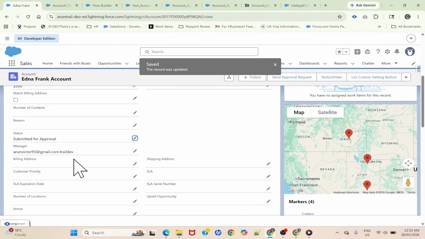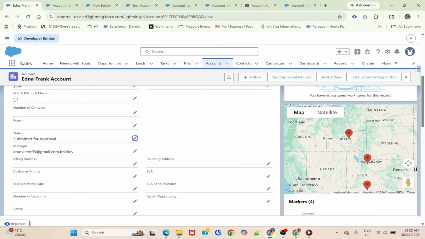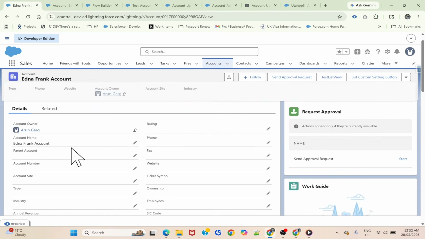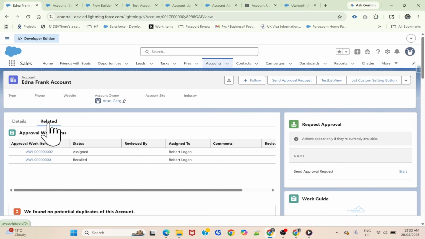Cool. So you can see it's saved, and once it's saved, it changes the status to submit for approval. So it means this flow worked, and it should send the email to this user. Also, if you look at the related history, I do have an approval work item. I have added this on the record page. If you go to the edit page,